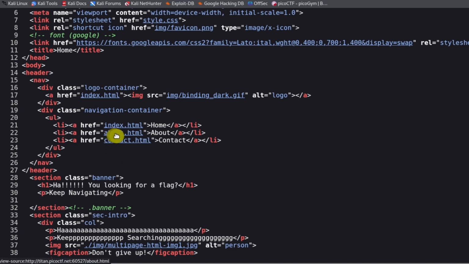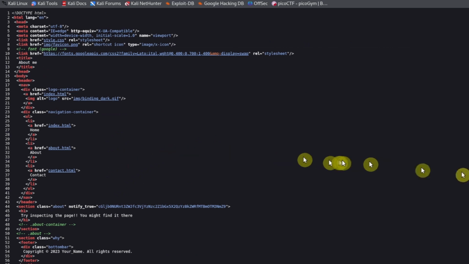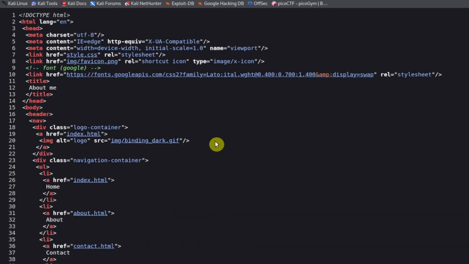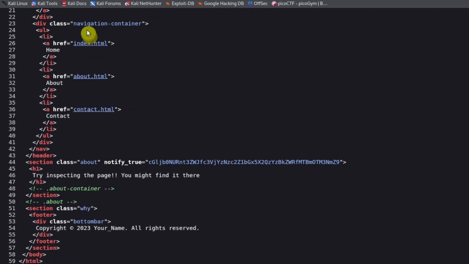For example, we have index.html, which is probably the page that we're on currently. We have about, and we have contact. So if we go to the about page, my music stopped. Okay, so if we go to the about page, we see the source for the about page here as well. So there's about and there's contact, and in this about page HTML source code, we see that there's a string